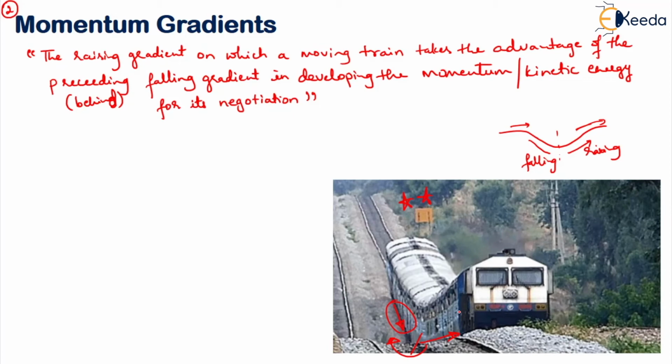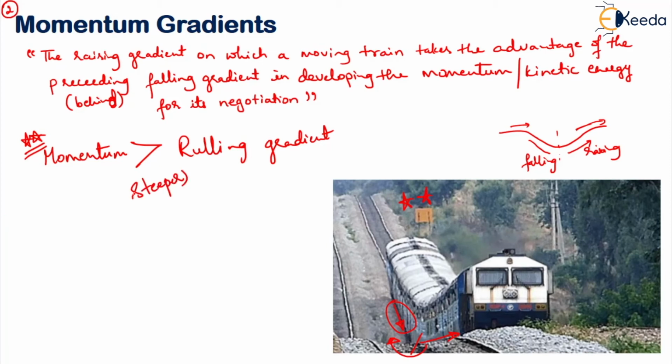Understood? So based on this, what do you understand? We have a fixed ruling gradient, right? But in momentum gradient, we will have to give more than the ruling gradient in some places. So it's normally greater than the ruling gradient. Greater is nothing but steeper. Wherever we use the term greater, it is known as a steeper gradient than the ruling gradient, your momentum gradient. Now where will we be providing this? We will be providing this majorly in the valleys, so that the train acquires momentum and moves fast up the hill or up the valley. Whenever it has to go up the valley, it will be useful.